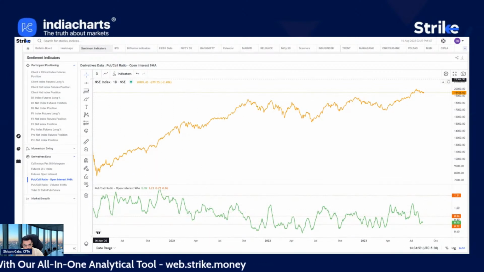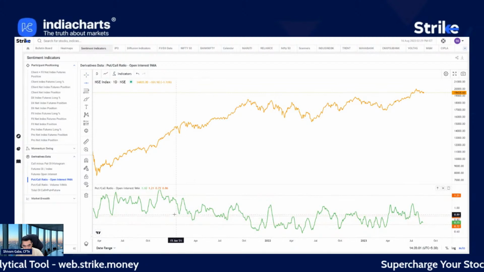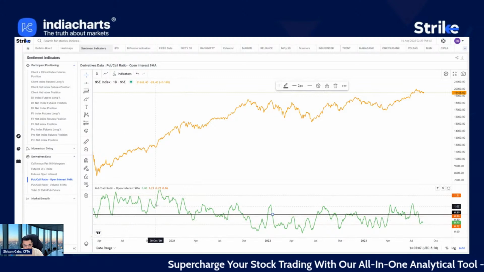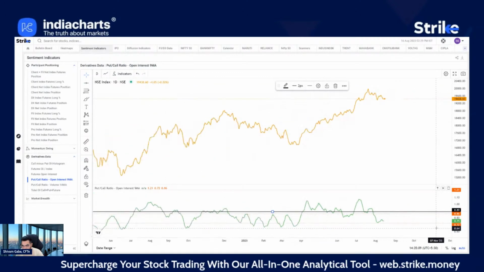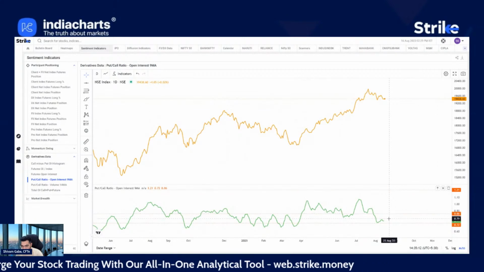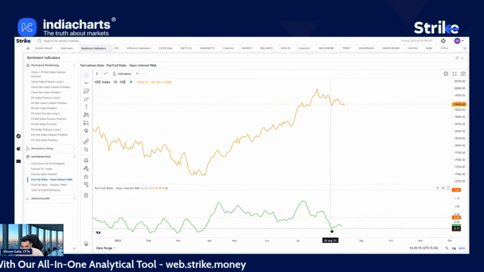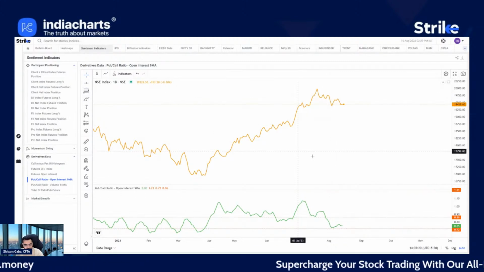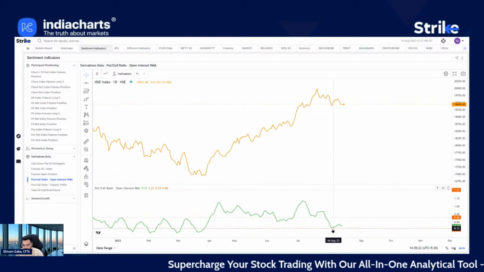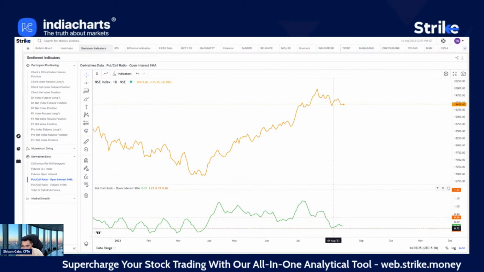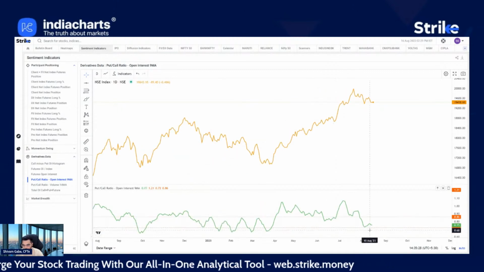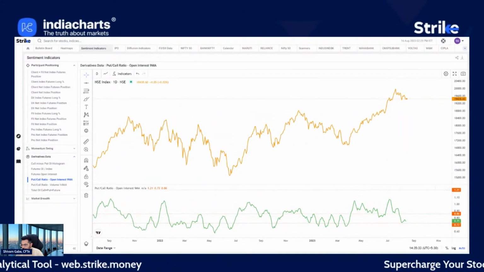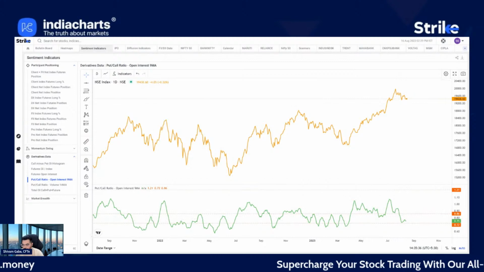So you can see, usually it is the 0.8 mark, this one where I'm drawing a line, which gets respected in the bull trends. But right now we are even lower, around 0.75 as of Monday, and you can see we have almost touched the lower end, that is the oversold zone on the put call ratio. So this explains that the sentiment in terms of options data is quite bearish and almost to the extreme end of the data. So we need to be careful with the short positions here and look for a possible reversal.